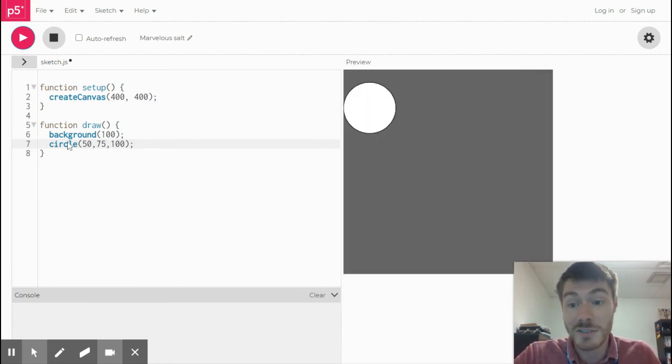All right, so you can see that circle command drew a circle. And these numbers in here change exactly how that's done. There's a place where you can look up what all these different functions are, and we can get to those, but it just happens that there's these three numbers here. The first number says the X position of the circle that we're drawing. The second number shows the Y position of the circle that we're drawing, and then that last number shows the diameter of it. So you could see if we changed these numbers around, if we made them all 100,